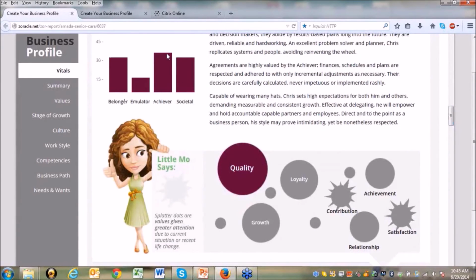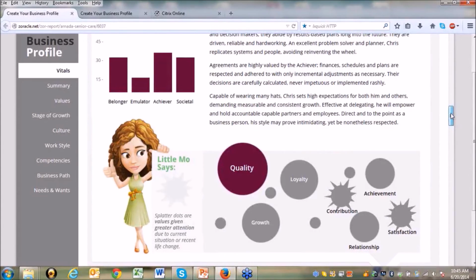As we mentioned, even if this is only 2 or 3 or 4 points different, the achiever is still about 80% of who this prospective franchisee is. He is an achiever. It's how he makes his decisions. It's how he spends his money. It's how he spends his time. The secondary in this case does play a role, but it's just a fraction. Maybe 20% of his decisions will come from that side of him.